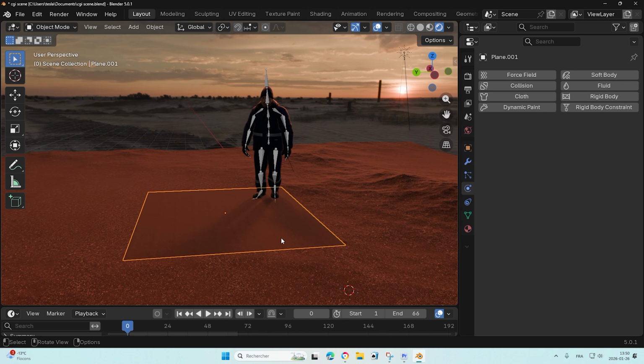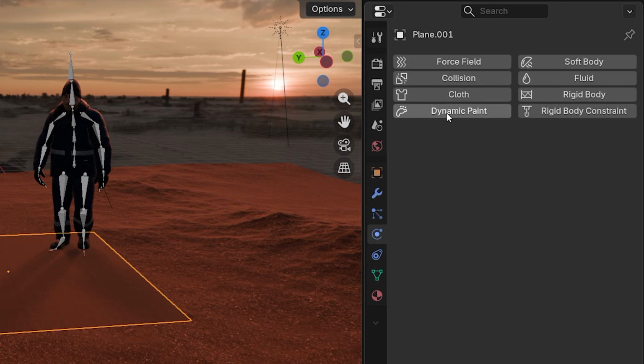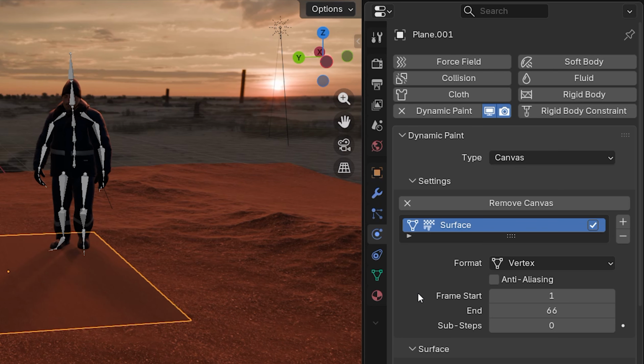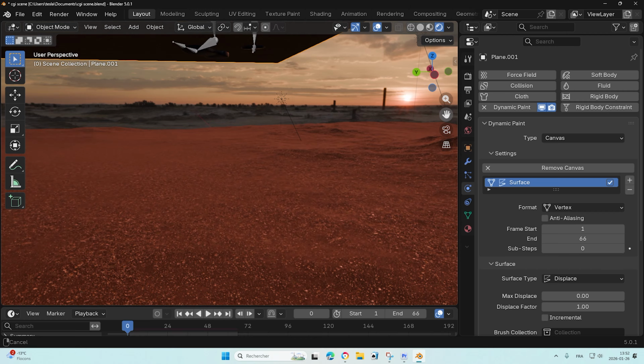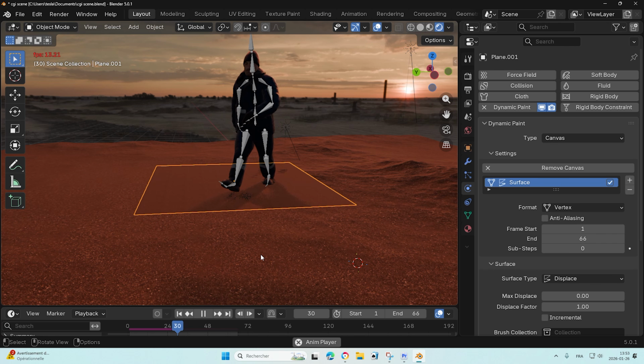Then I'll select the plane, add a bunch of subdivisions in edit mode, then I'll add a dynamic paint to the plane and add a canvas. I will also set the surface type to displace and make sure the plane covers the feet a bit. Then with the plane selected,